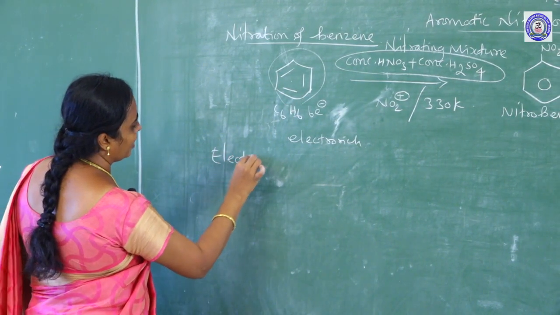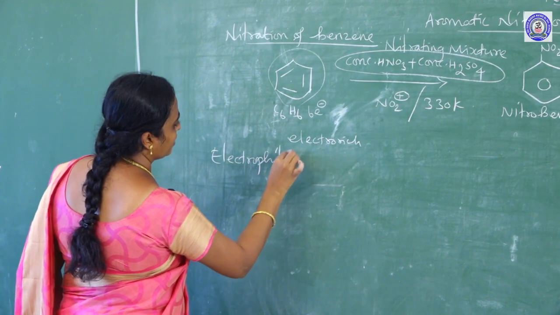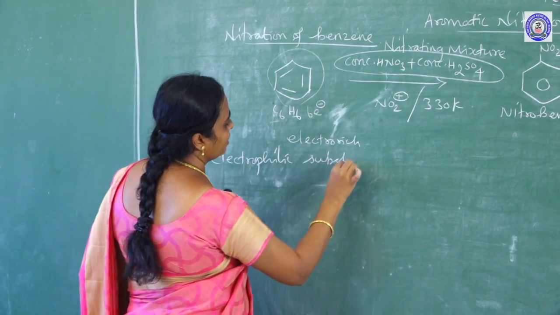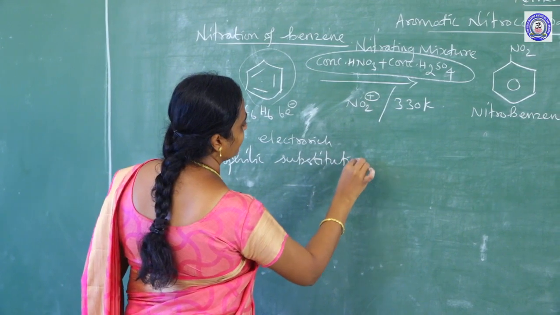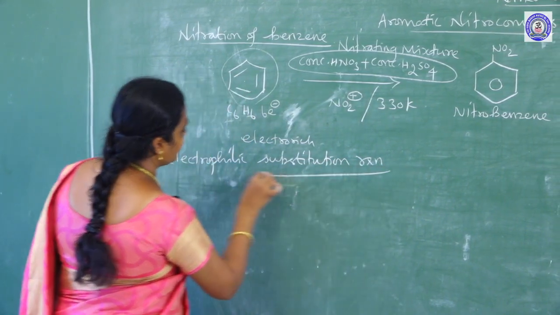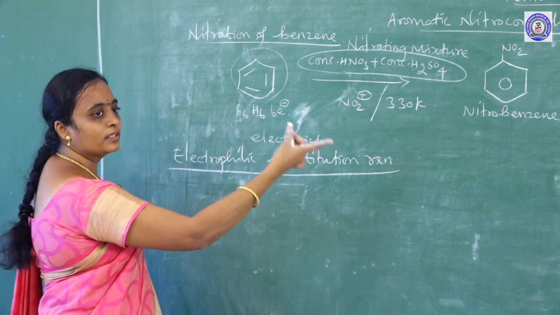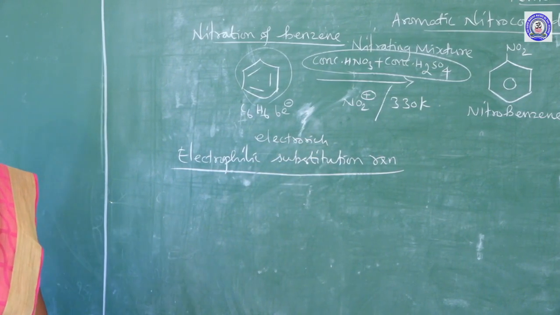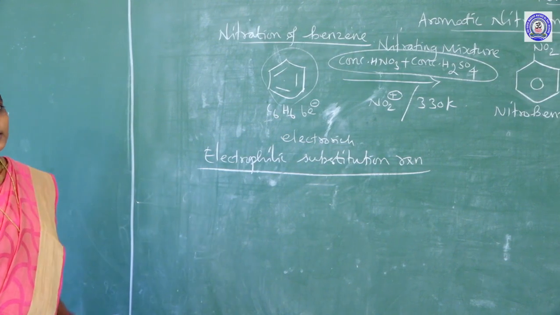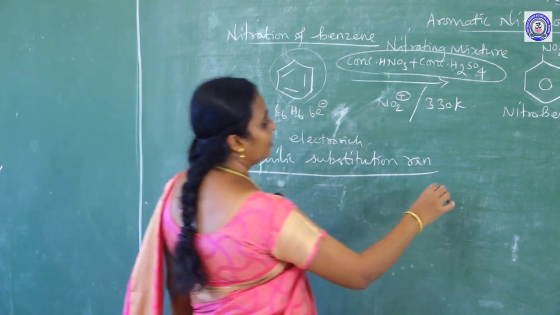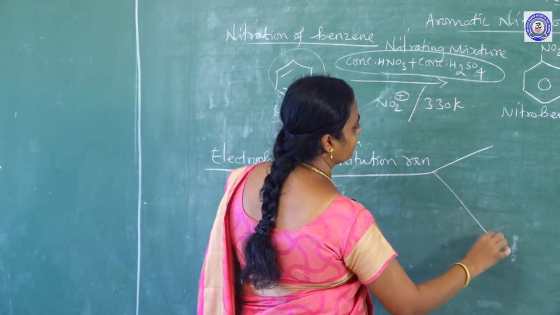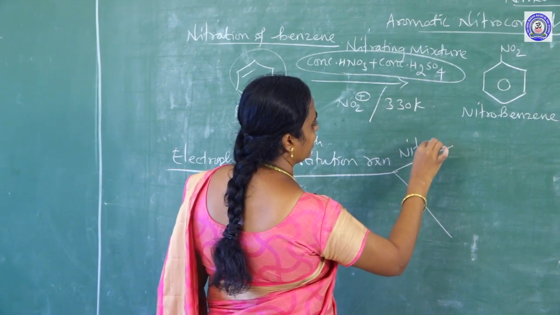So, I can take the electrophilic substitution reaction. What is the meaning of substitution? We are going to substitute. What is an electrophile? A species with a positive sign is an electrophile. Now, for electrophilic substitution, one I can take is nitration,